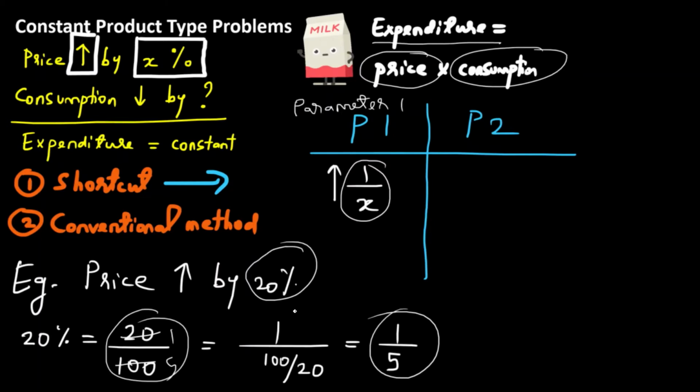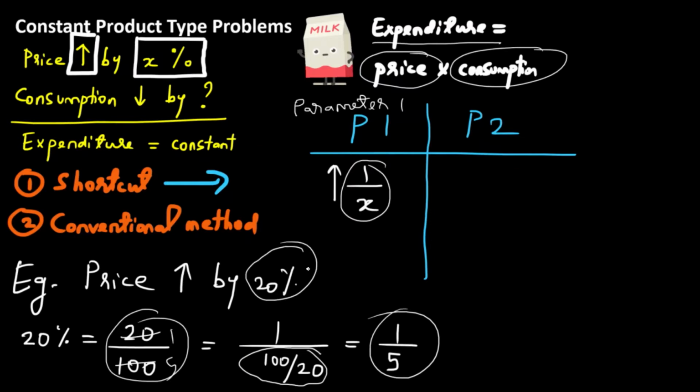So that can be written as 1 by 100 by 20. So you took this 20 to the denominator. So this becomes 1 by 100 by 20. Remember, 1 by A by B is equal to B by A. So that's what we have used over here. And that's equal to 1 by 100 by 20. 100 by 20 is 5. So again, you get 1 by 5. Alright. Now, if you can do this very quickly and with practice, you'll be easily able to do that. So the price increased by 20%.